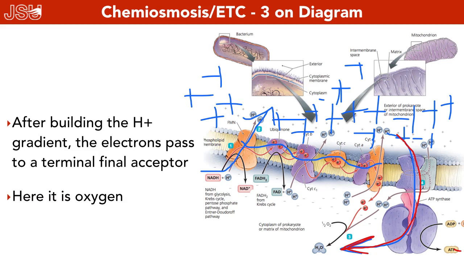But we have a buildup of electrons and protons. Where do we dump those to? Oxygen. The oxygen will take those protons and those electrons and make what as a result? Well, water will be the result. Oxygen and hydrogen will combine to make H2O, water. That's why we have to bring in oxygen.